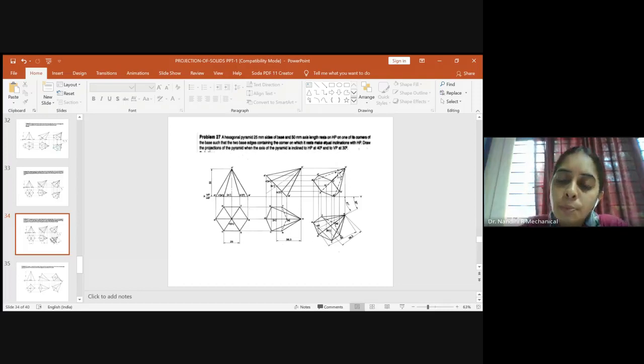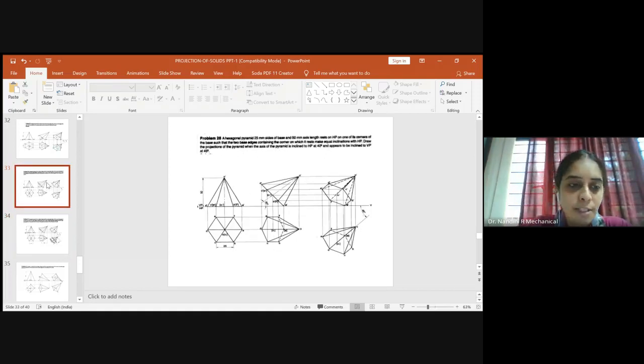So even the visible line should be shown and the hidden line passing beside it also to be shown properly. Right. So please construct properly. Take the projection lines parallel so that you won't go wrong in naming. If you go wrong in naming, then the shape of the final stage, how does it look, will be varied. By looking at that only we can identify whether you have constructed properly or not. So be careful in constructing cut-to-cut dimensions from stage 2 to stage 3. If you go wrong in taking proper measurements, you will end up with a wrong image. Okay, so this is how you have to construct the problem when it is resting on one of its corner and axis is directly inclined to VP.